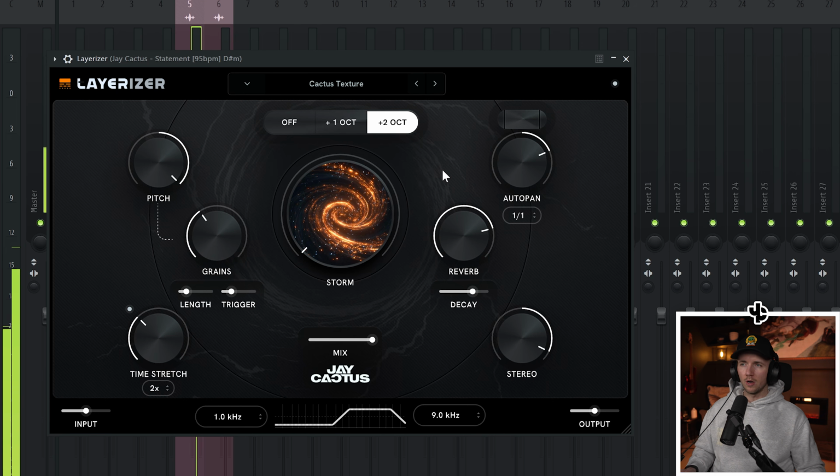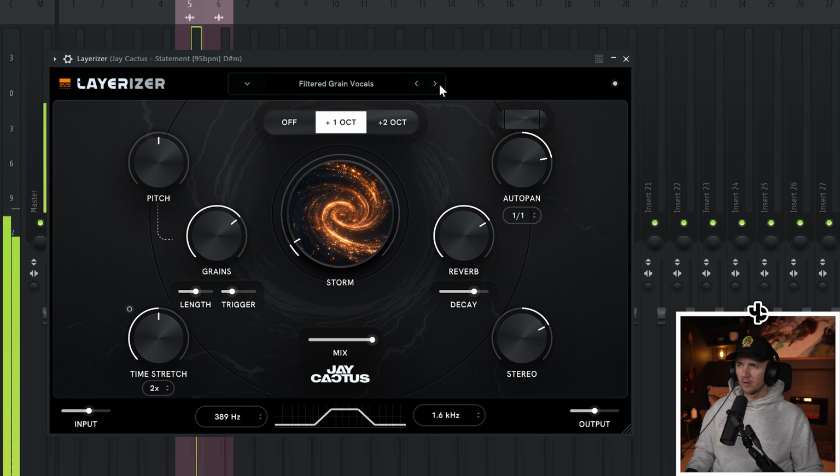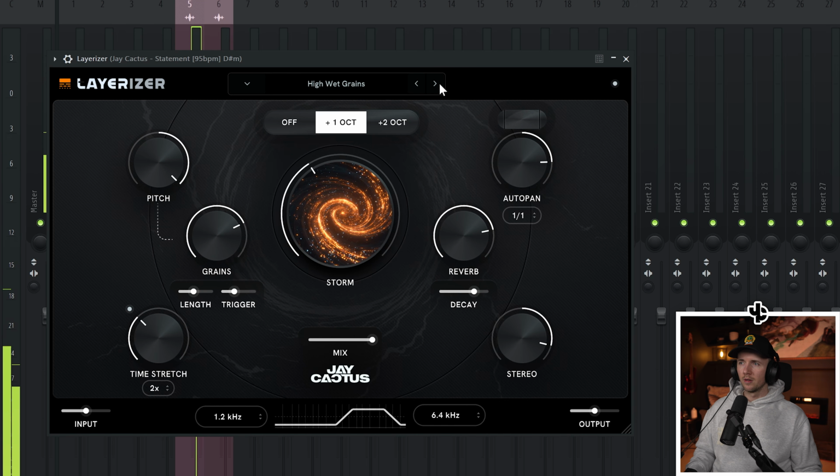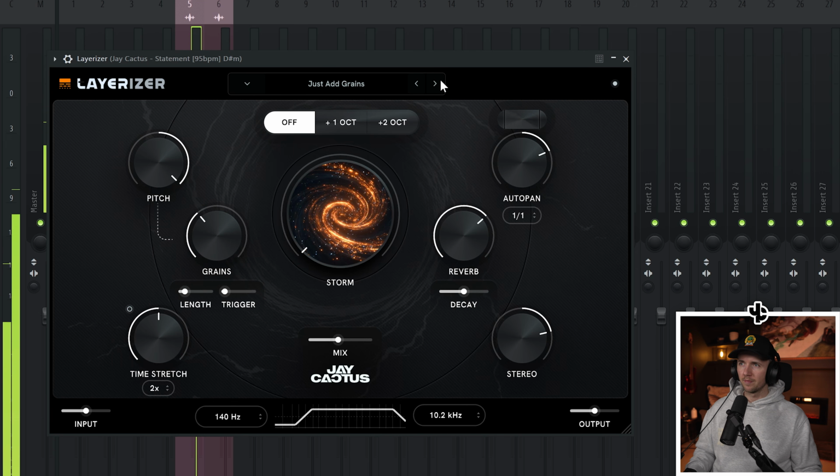So I use this one a lot. I render that out and then blend it back in. We go for something darker to use in somewhere like the bridge. You could try it on vocals too. This one sounds amazing on vocals. Some have a few more grains. Some were designed for specific instruments. But then ones like this,